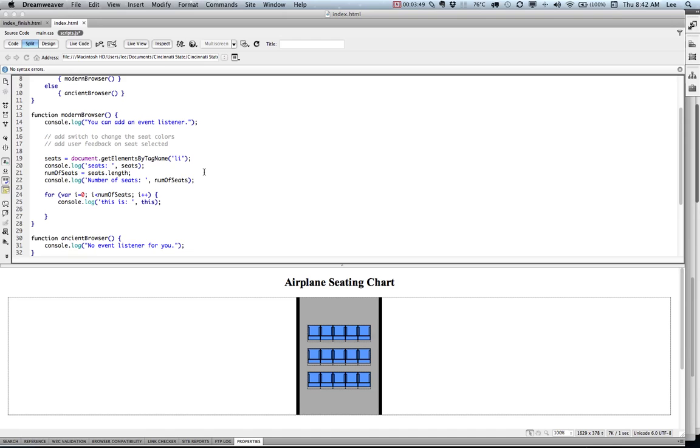So let's put in console.log seats sub i. Notice it's an array, and we're going to use the variable i. It starts with 0 and goes to the number of seats. And we'll say dot innerHTML,